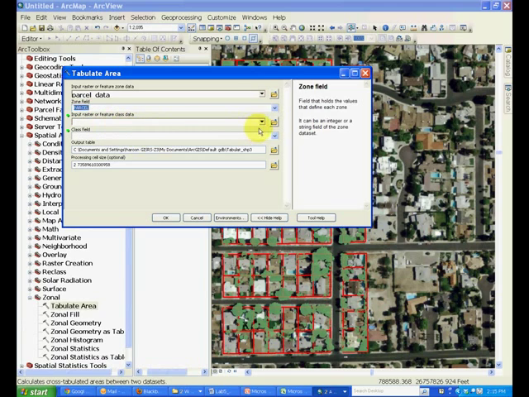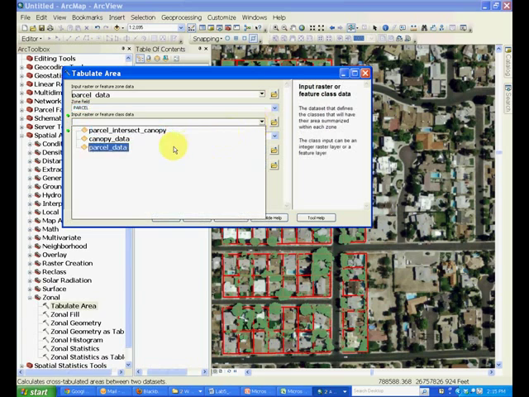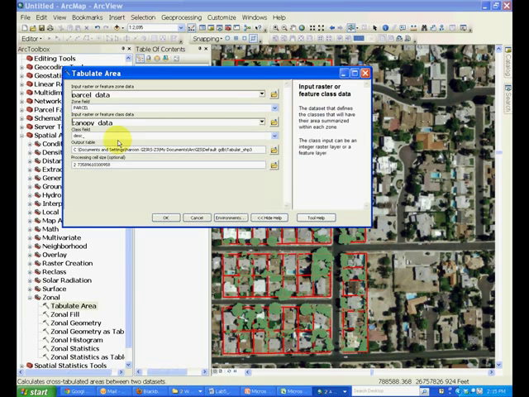and this will show as a value in the column for different values of the vegetation in that parcel. The second layer where we need to calculate the area within the parcel would be the canopy data layer or intersect layer. So let's look at canopy, select that, and within that the heading of the column will be the description, which is canopy, and then you need to provide an output name, and then click OK, and this will create a table